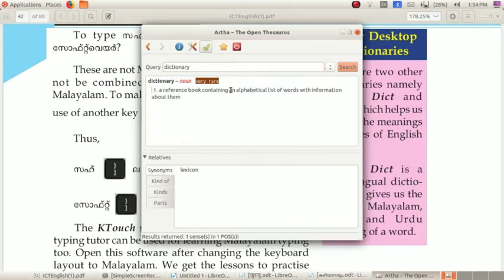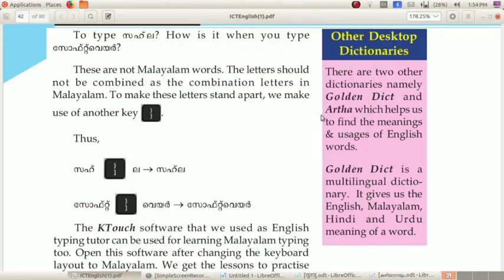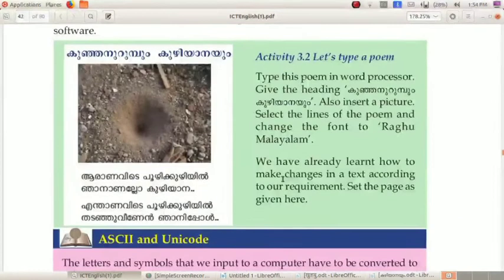That is the meaning for dictionary. So you want to keep three words in your mind, which are the three dictionaries: Theeram, Golden Dict and Artha. In this, Golden Dict is the example for a multilingual dictionary.